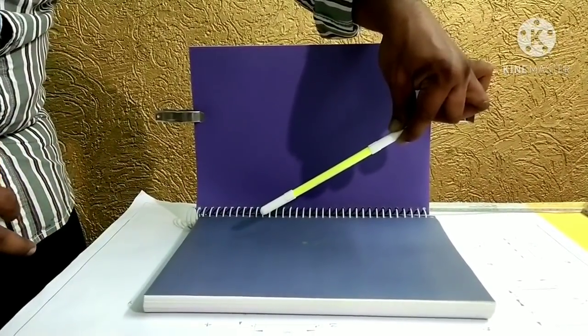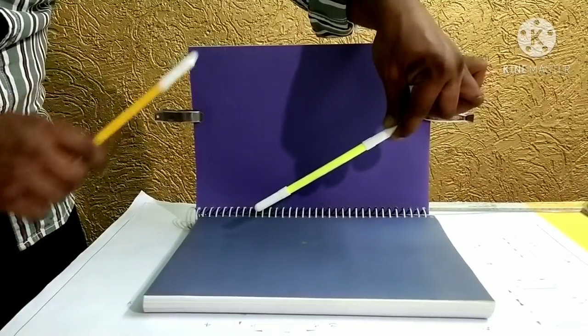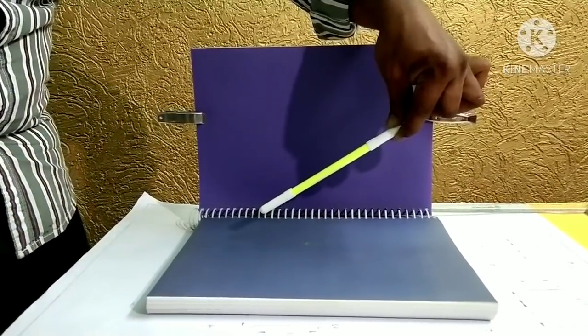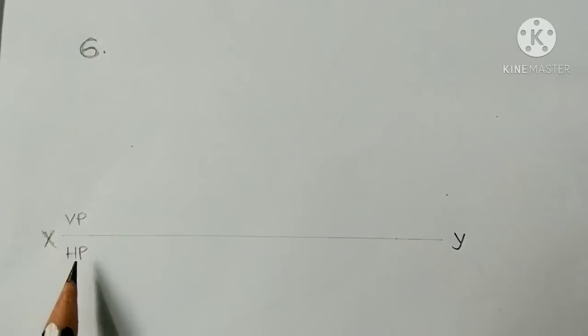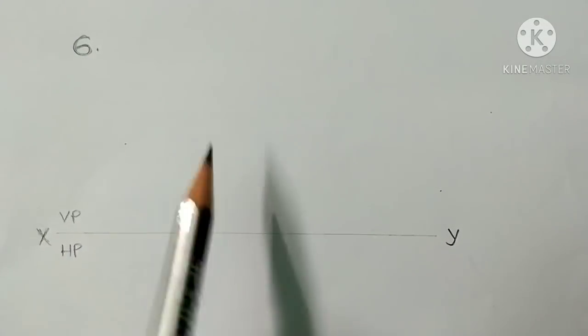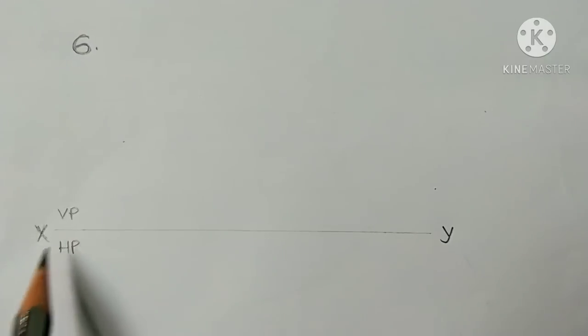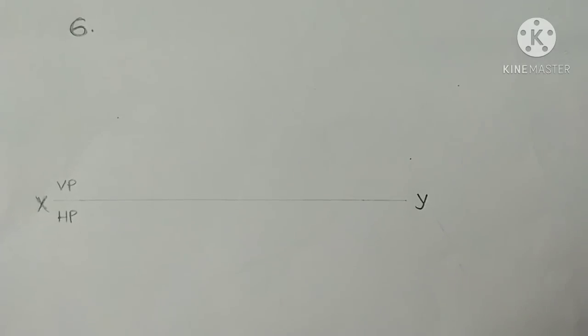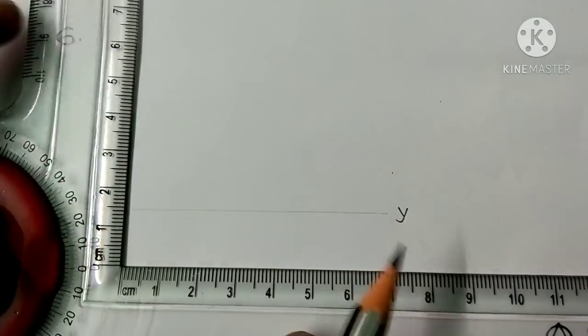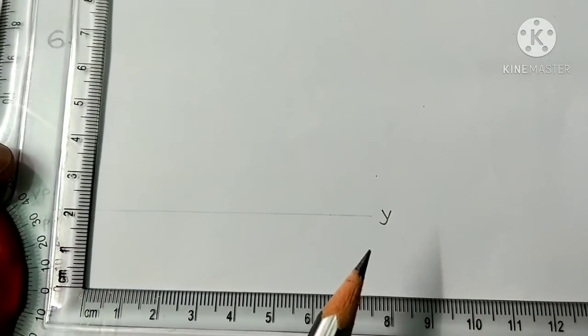So we can see how to construct the projections according to this position in the drawing sheet. Above the reference line is the vertical plane, that means we will get the front view above the reference line. In the horizontal plane we will be getting the top view, that is below the reference line. And coming to the conditions, the point P, the lower end, is 15 mm above HP. So we can mark a point 15 mm above the HP.